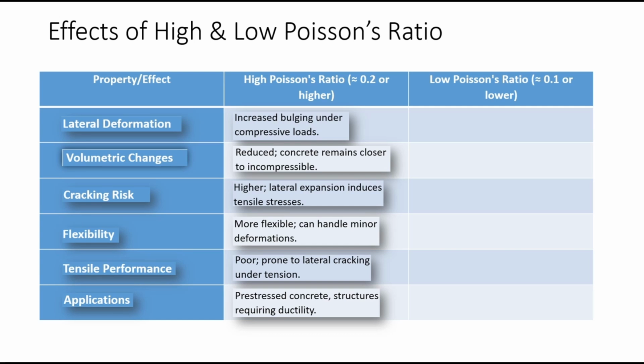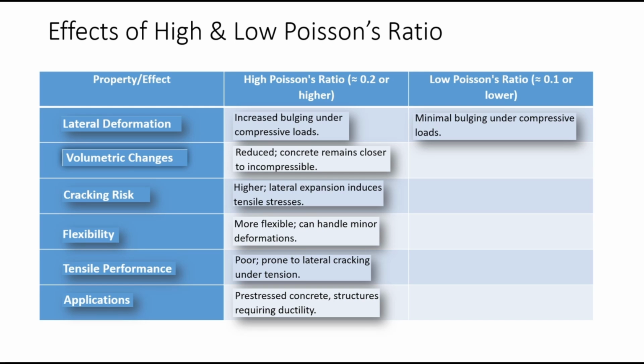It is preferred in prestressed concrete and in structures that require ductility. Let us talk about low Poisson's ratio. What are some of the effects on lateral deformation? We are going to see that if we have a low Poisson's ratio, there is going to be minimal bulging